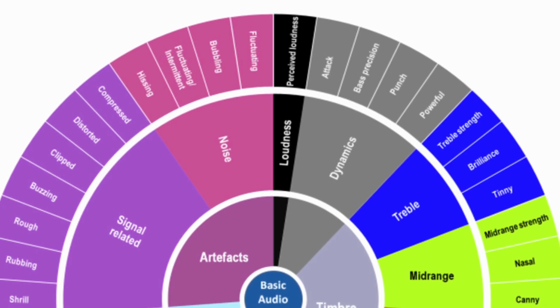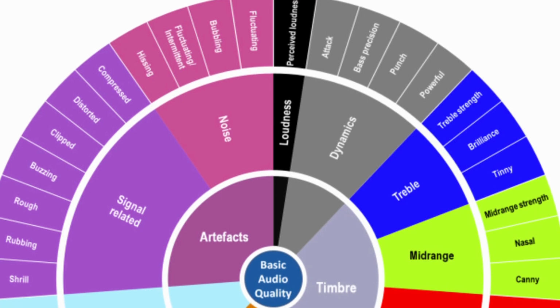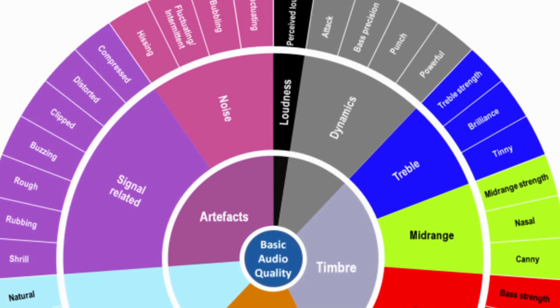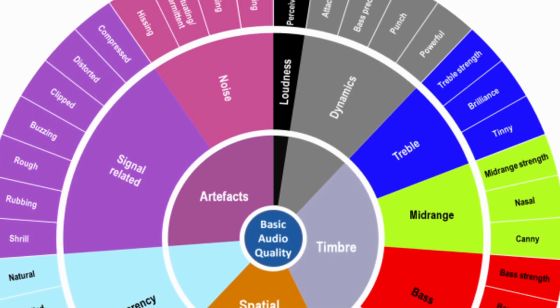Other initiatives are to be noticed as well. One in particular is The Absolute Sound. On their website, there's an extensive list of words as well. But for now, we will focus on the ITU list. They're the professional union, since they have integrated all the terms as part of a system as well. They divide sound into 6 dimensions: loudness, dynamics, timbre, spatial, transparency, and artifacts.